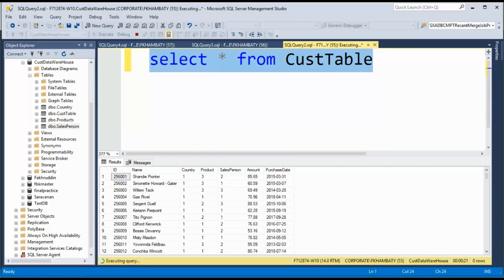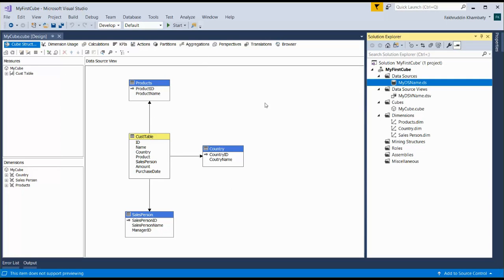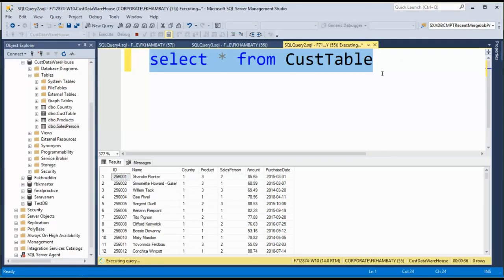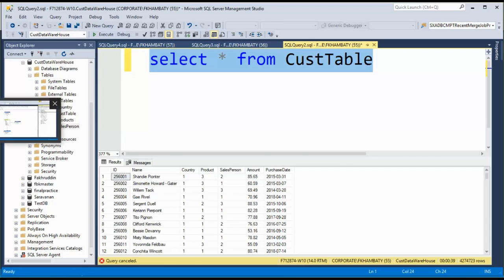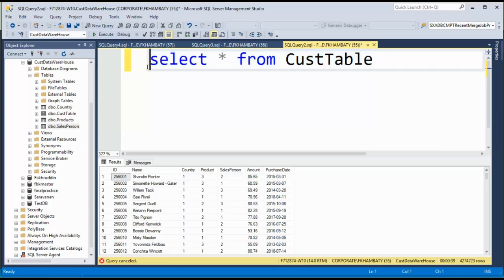But the cube that we are making over here, that is altogether a different thing, a different technology. So it doesn't work on the select star from cust table. No, I'll stop it because the data is a lot, it will keep on running. So this cube that I'm going to run now, I want the output from that. It is not something which runs this select star from in the background. It runs something called as